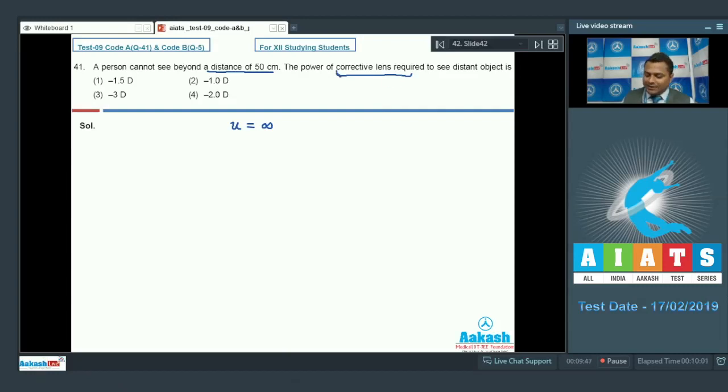Now what will happen? The correcting lens will adjust the accommodation of the myopic person and the image of object kept at infinity will be formed at a distance 50 centimeter from his eye. That is why we will write minus 50 centimeter, because the image is formed to the left of lens. Now using the lens formula, we can calculate the focal length of correcting lens,